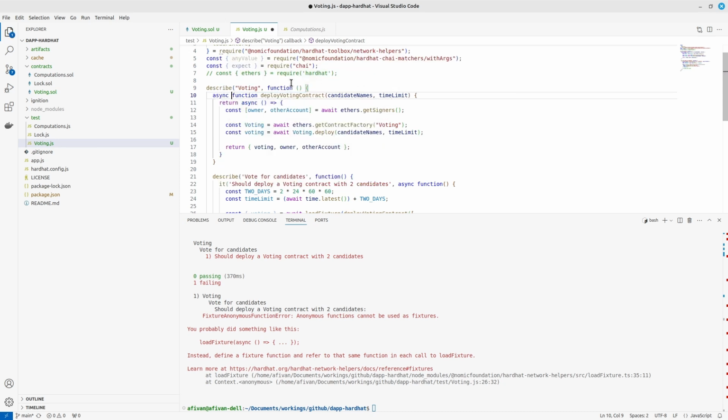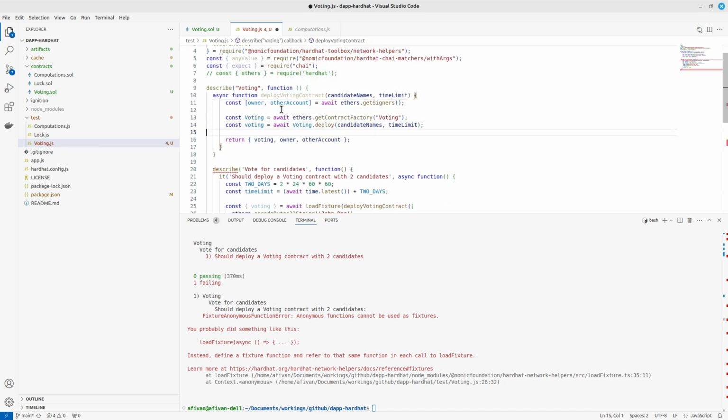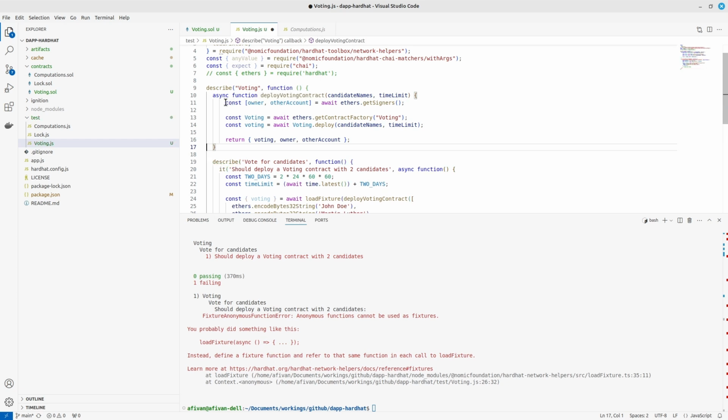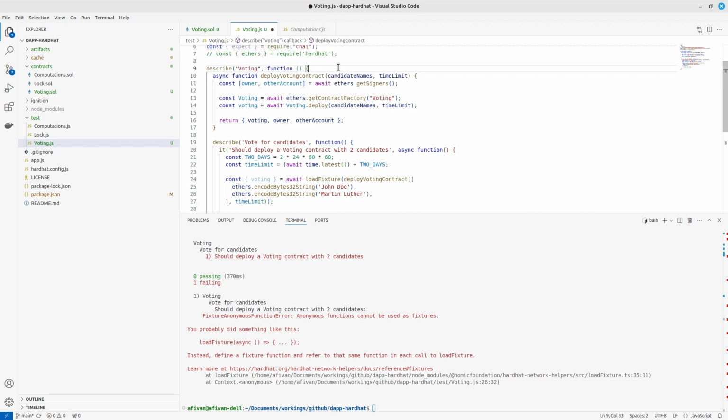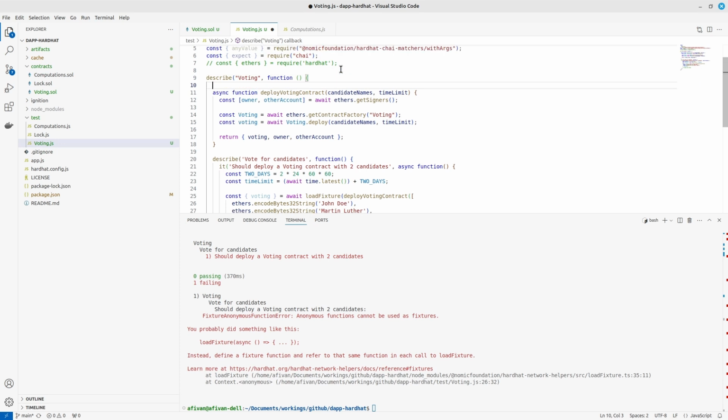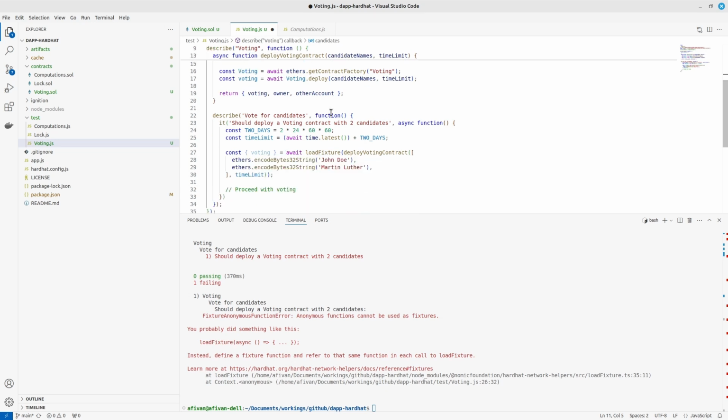So I will return to the async definition and use it like that. Okay, and in the voting, I think we can create a constant of candidates, and we can paste this value,